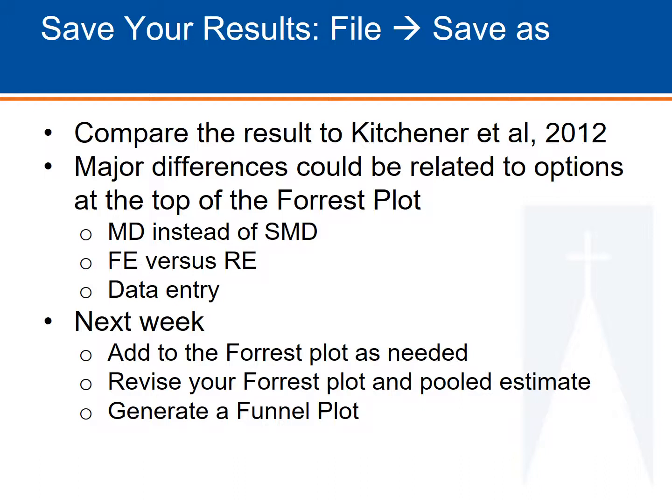There may be small differences with the Kitchener result because of possibly additional data that they had entered to do corrections. So major differences could be explained by if you have the mean difference function on instead of standardized mean difference, if you have fixed effects instead of random effects, although that shouldn't make a difference, or